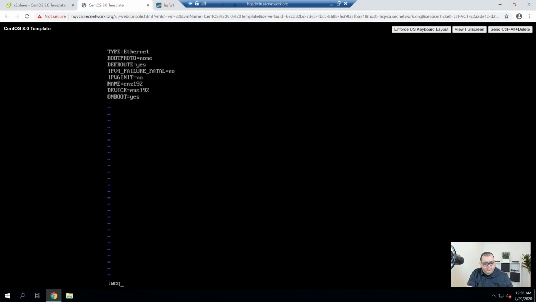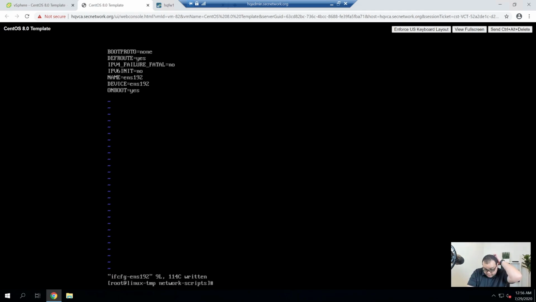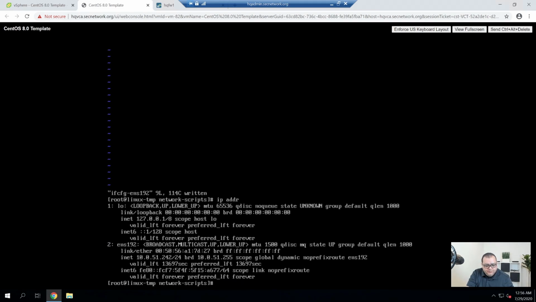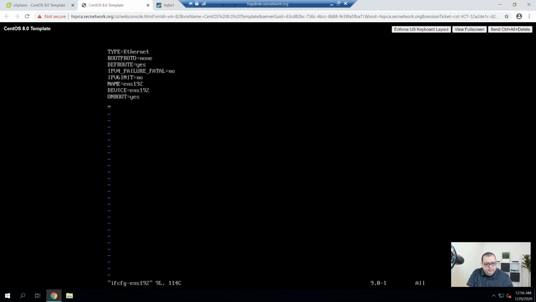So I'm going to take a quick look at the IP address that the system has right now. And it has 242. So I'm going to do IPADDR equals 10.0.51.242.